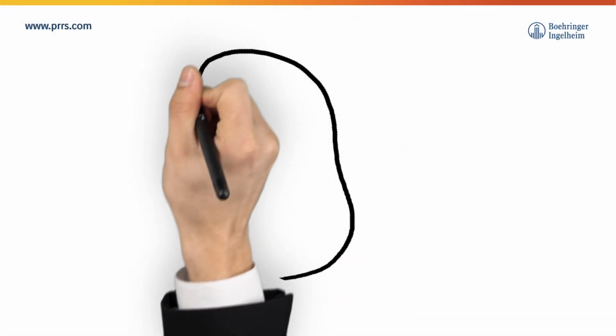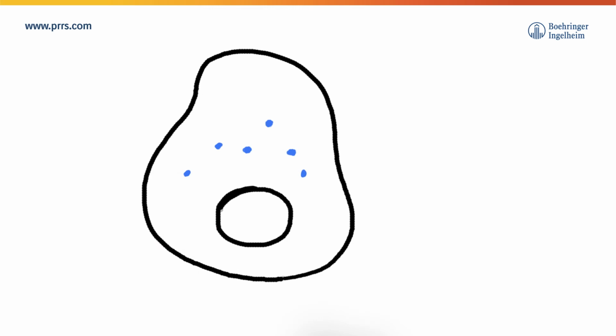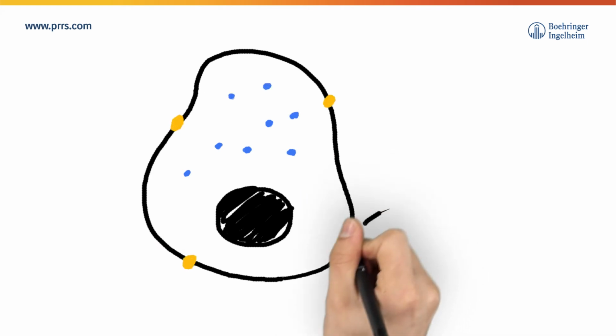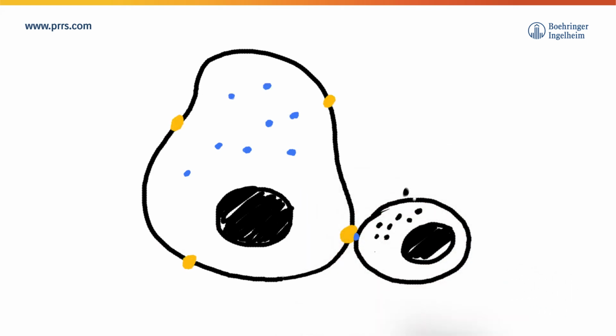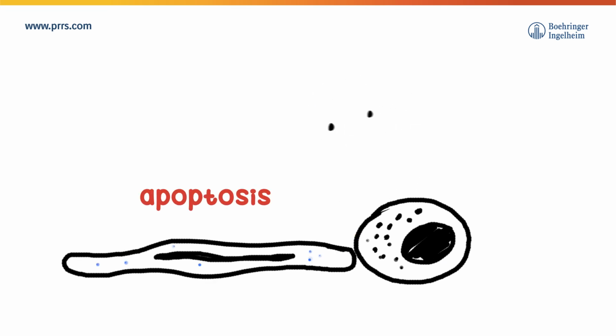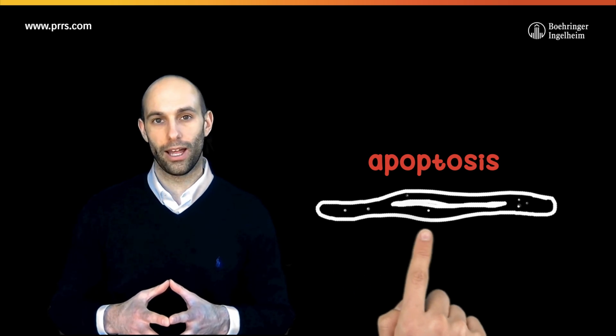Following antigen recognition on the surface of infected cells, cytotoxic T cells release cytotoxic granules that activate apoptosis, or programmed cell death. This method of inducing cell death is targeted only to infected cells and spares uninfected cells. It also prevents rupturing of the cell and further spread of the virus.